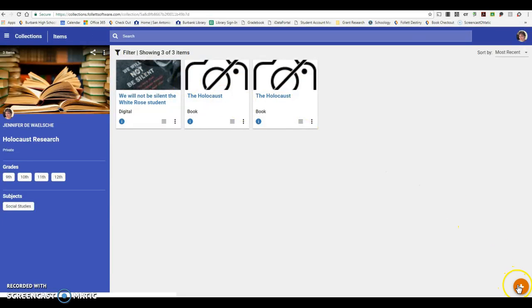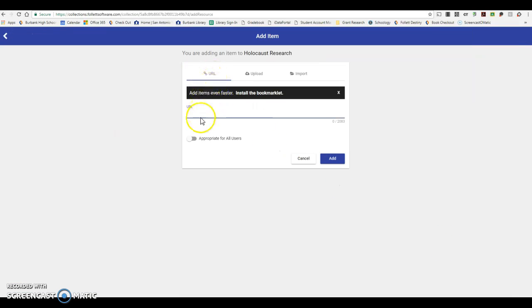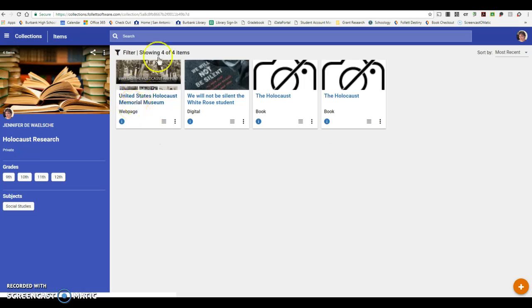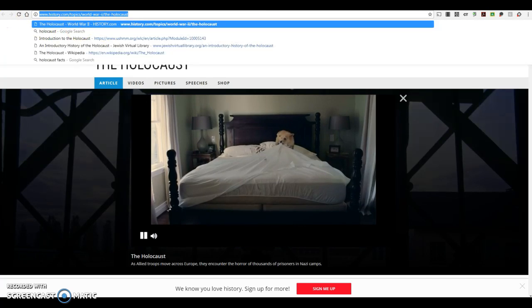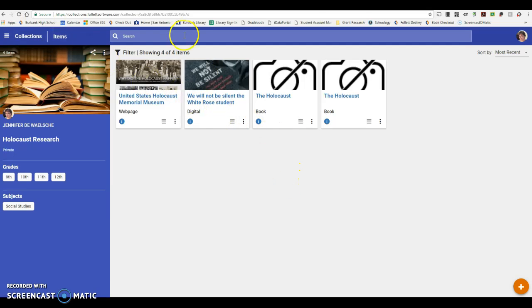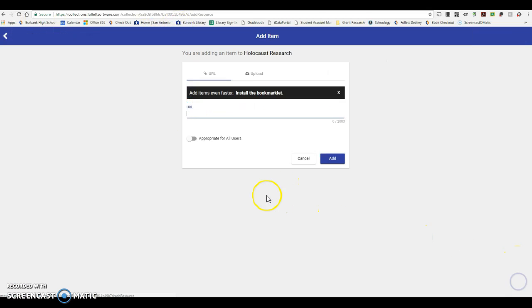All right, and then I'm going to click in the bottom corner where this little plus symbol is, and this is going to be my URL link that I can add. So I can add that, and you can check that it's appropriate for all users or for your use, and then just click Add. And so that is a digital web page that it will add for you as well. So say that I went to history.com and I wanted this as part of my collection, and I can click the plus, go ahead and add that,